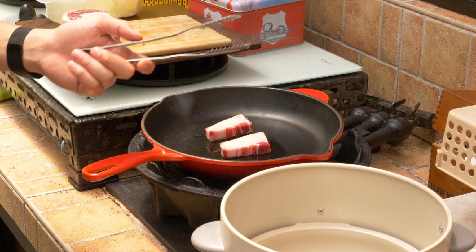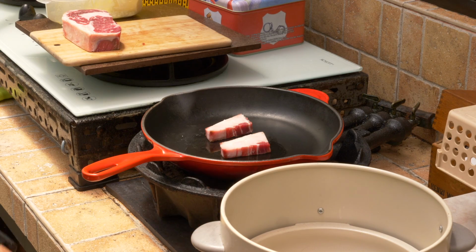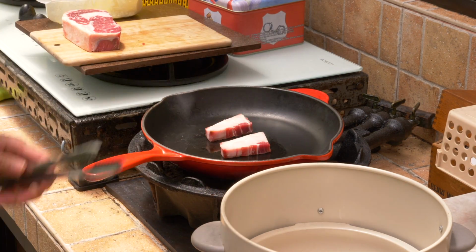There's this thing, a lot of consumers out there actually think that animal fat is bad for your health. Animal fat is actually very good for your health. Anyway,